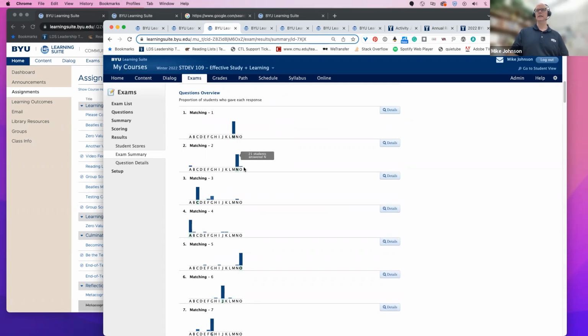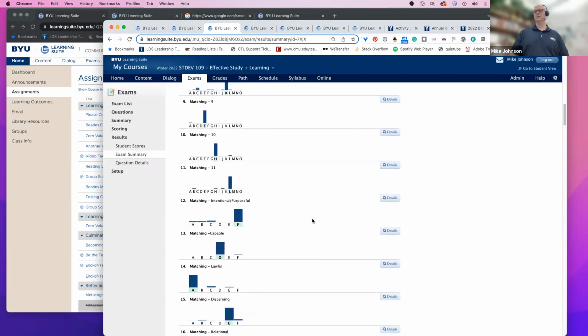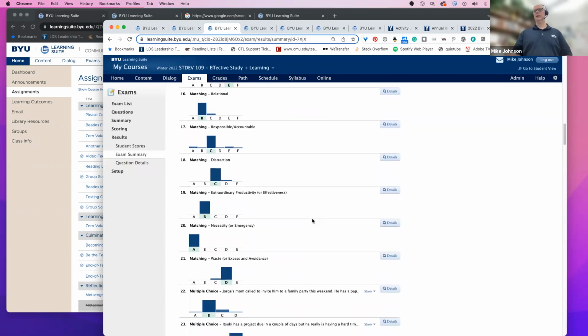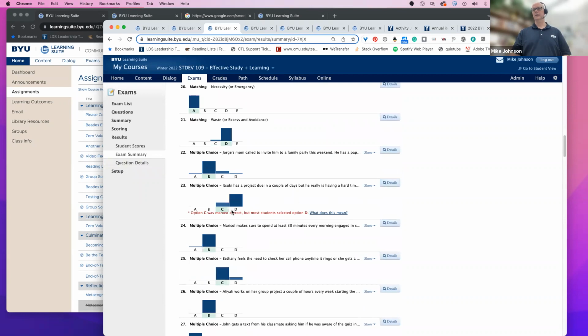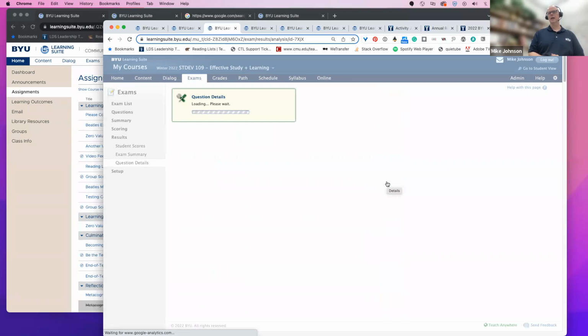And I can see where students were responding. And if I want to see detail on any of this, I can either come down here or go directly to a question. Let's see one like this, since this has a little option C was correct or marked correct, but most students selected option D. I can go in here, see the detail, and